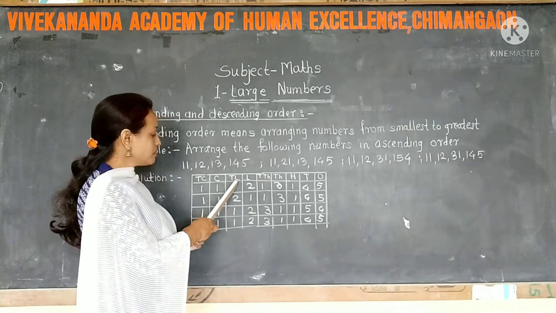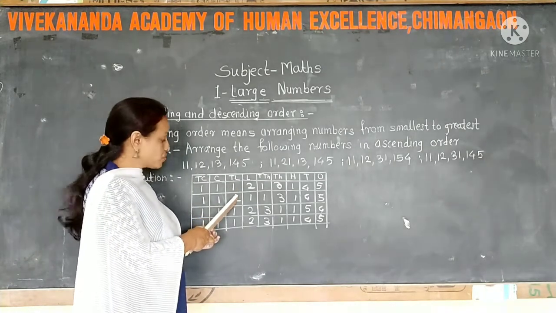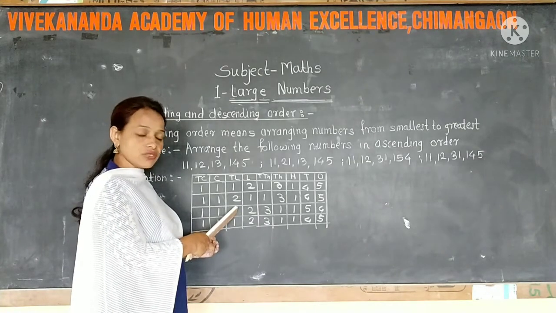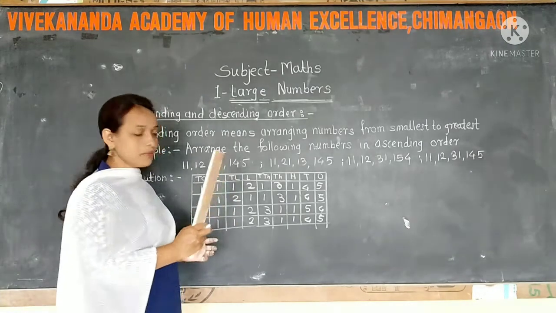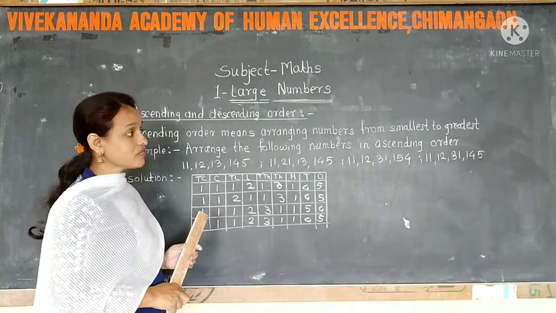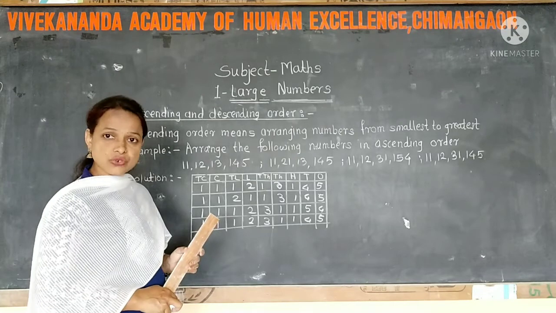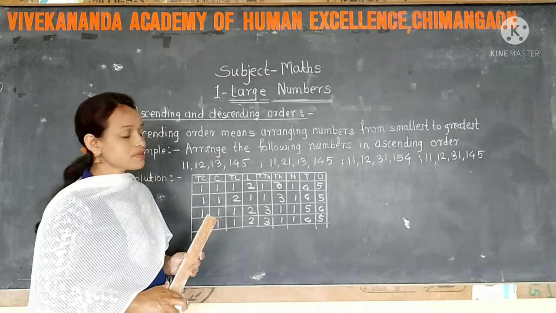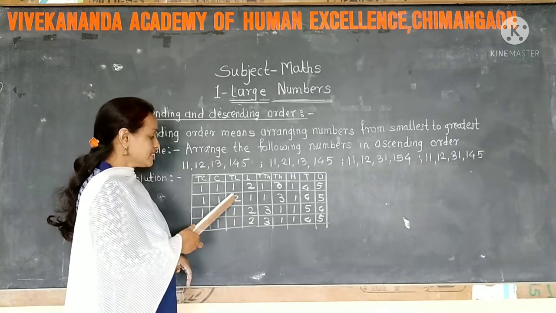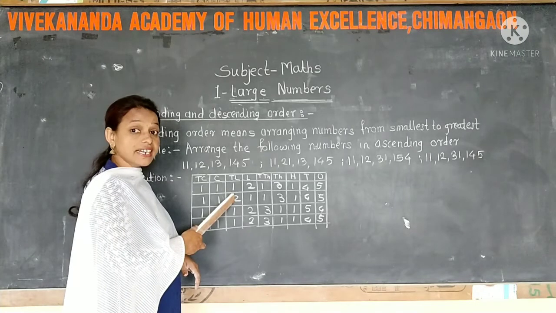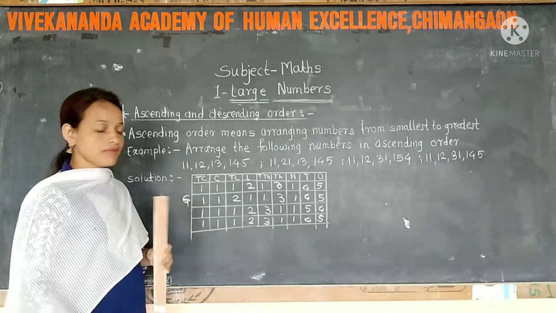At the 10 lakh place, the first number's digit is 1, the second number's 10 lakh digit is 2, the third number's 10 lakh digit is 1, and this one is 1. Means only the second number has 2, which is greater than the remaining 3. But we have to find the smallest first. Ascending order means smallest to greatest. So first of all we have to find the smallest number from these 4 numbers. Now this second number is the greatest number. Now, from the remaining